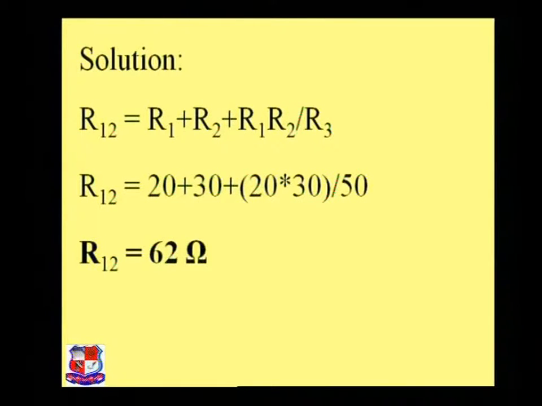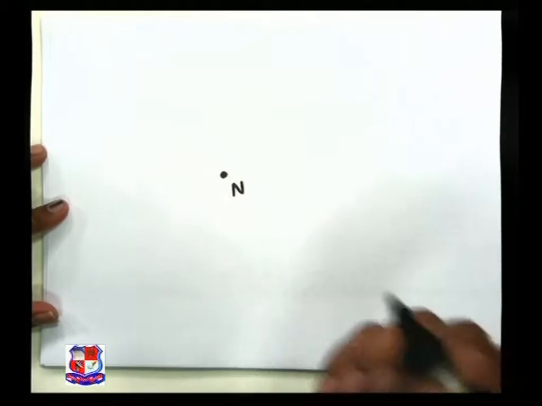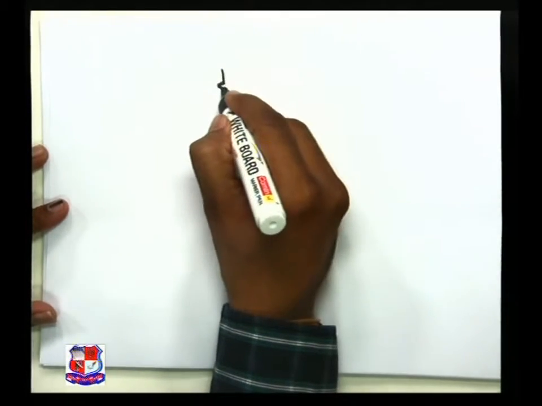1 plus R2 plus, by using that equation, R12 equals R1 R2 upon R1 plus R2 plus R1 R2 by R3. The figure is like that. The star connection, this one is the neutral point. Now the star is